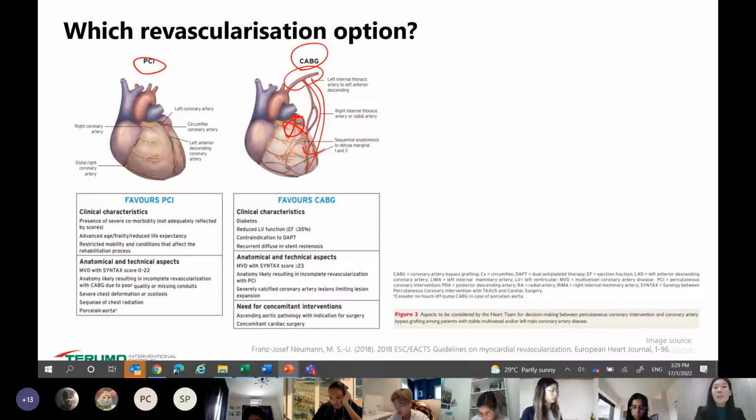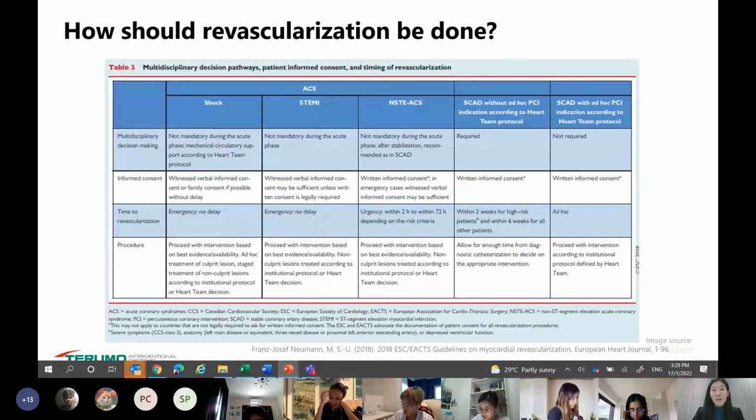But CABG, cabbage, is not done in a cath lab as an intervention. This is actually done by surgeons. This is basically an open heart surgery versus an intervention procedure. So what we are looking at is actually the intervention procedure. And even after we decide that PCI is going to be done, that we are not going to do cabbage,